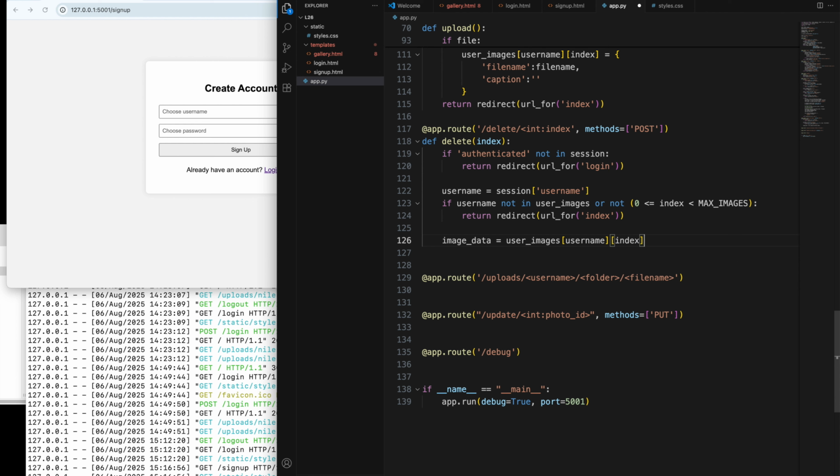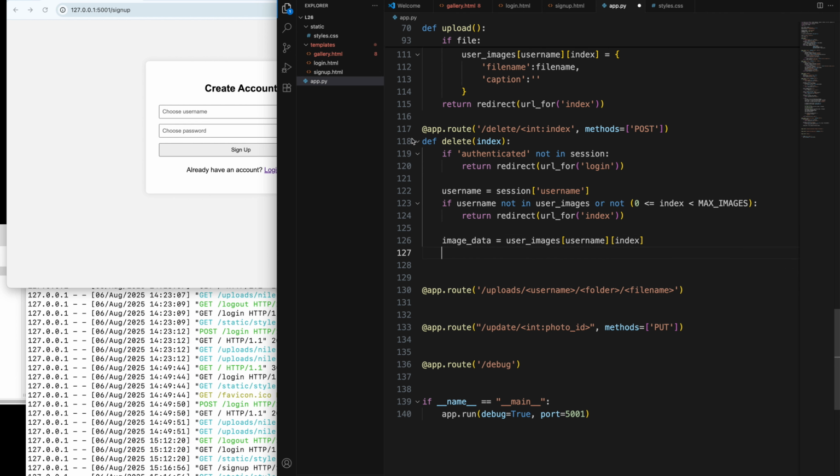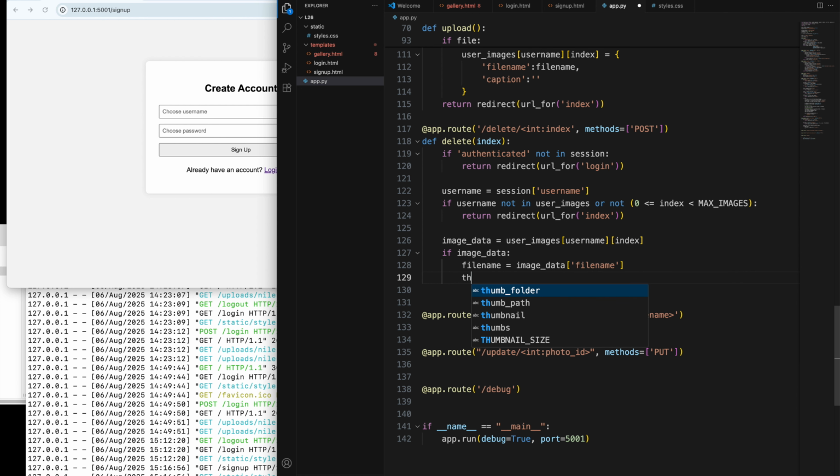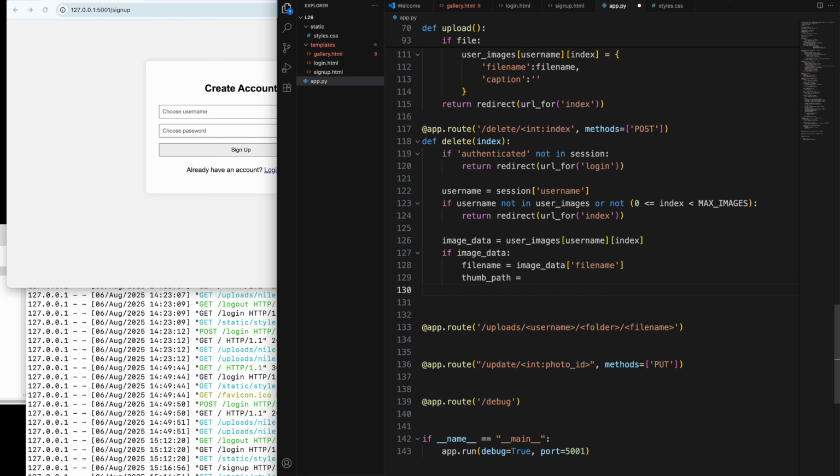So the image that we are wanting to delete. Here we say if image_data, then file_name is equal to image_data file name, and then you get the thumbnails. Thumb path is equal to, and then we also need to get the full path is equal to